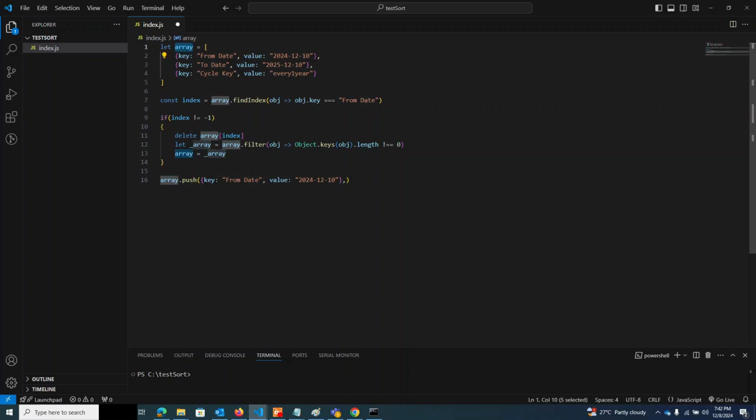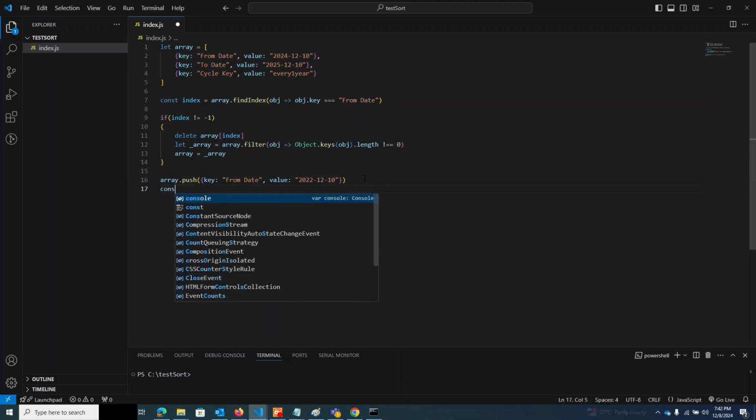But as per the initial arrangement, the from date should be at the starting index. So for instance, I have a different value right now. I might get it from the HMI screen or from the UI. So I got this value. So if you go and console log,